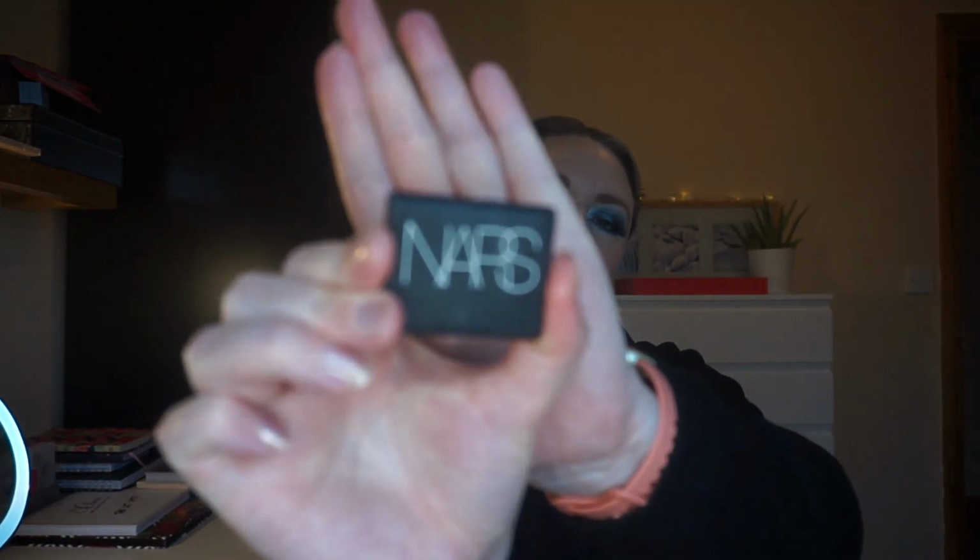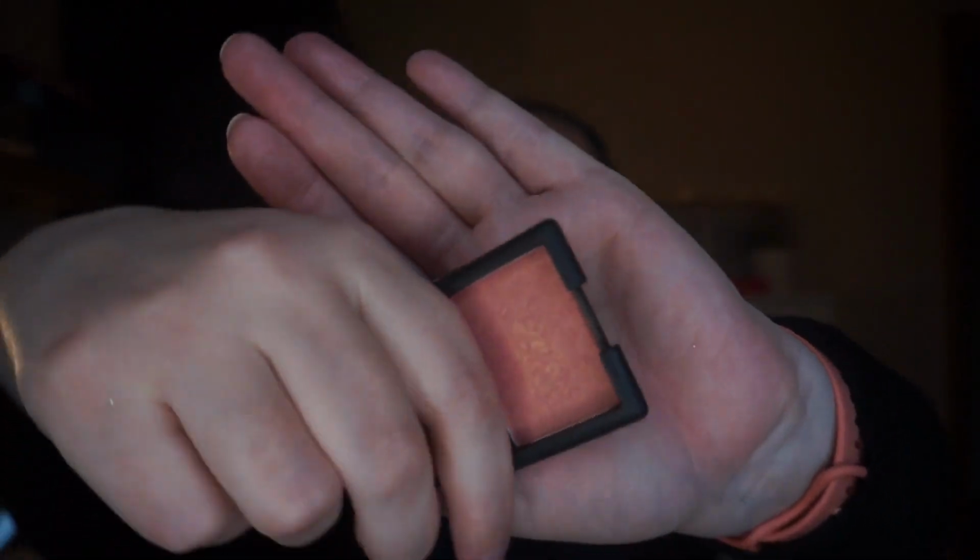Next up is a very iconic one. It is from NARS and it is a little mini of the NARS Orgasm Blush. These brands with these names, I mean, really, are we 12? Do we need to be using words like orgasm and better than sex, all these words where you're just like, I'm cringing for you. It's like you're trying to be down with the kids. Let it go. Let it go. Let it go. Anyhow, here it is, the iconic